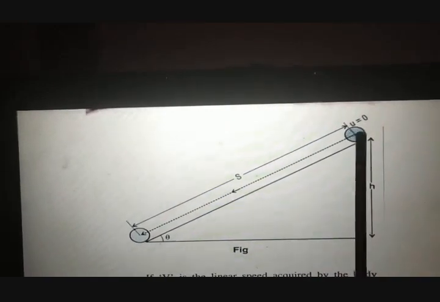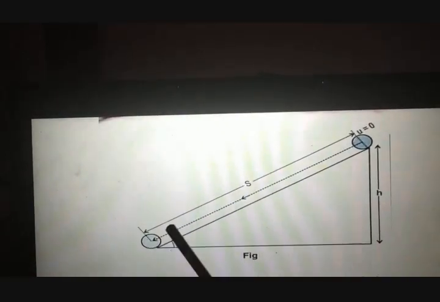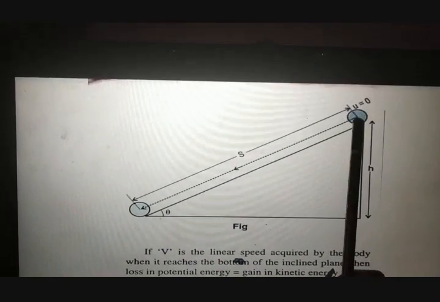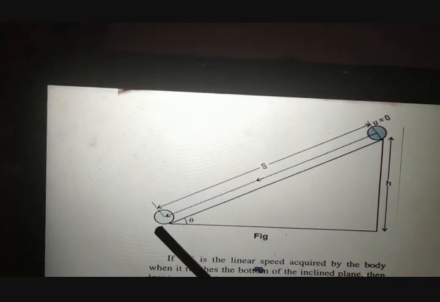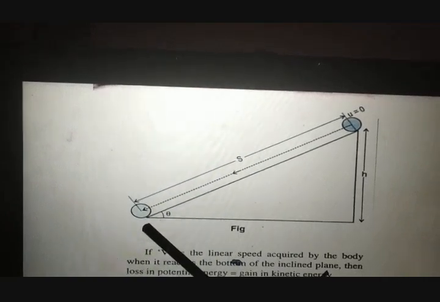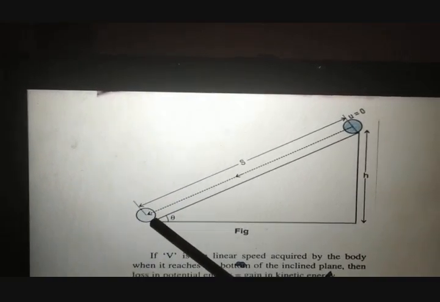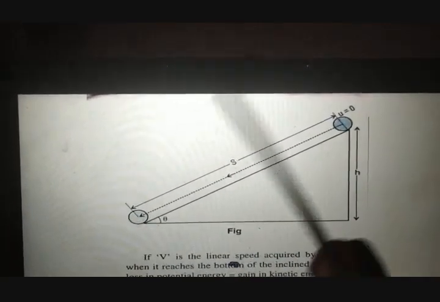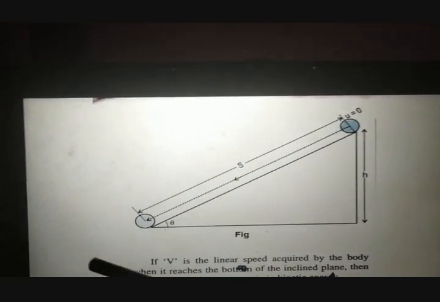Because when the body is set into motion, what is meant by kinetic energy? Kinetic energy is energy gained during motion. So when this body is set into motion, it gains energy, that is nothing but kinetic energy. The energy which was here, the potential energy, will completely convert at this point to kinetic energy, and potential will become 0 as it is on the horizontal surface. There is no height h, so potential will be 0, kinetic will be maximum. Here potential is maximum, kinetic is 0, and after rolling motion, this potential energy completely converts into kinetic energy.